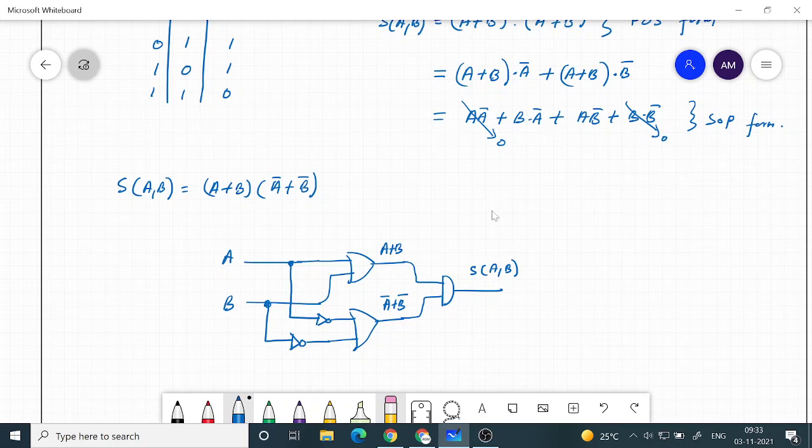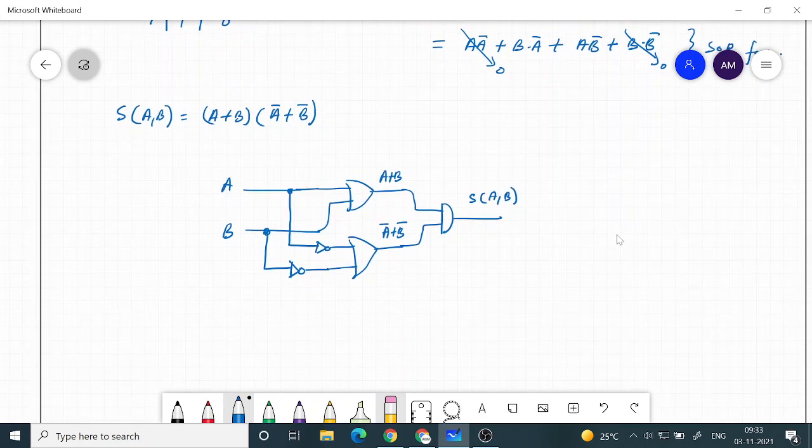So if you implement this product of sums, POS form, like this, I can play the same trick here which I did earlier. Put a bubble here, here, here, here. That will not change anything. Finished. Now we have what we wanted.